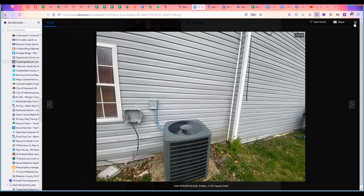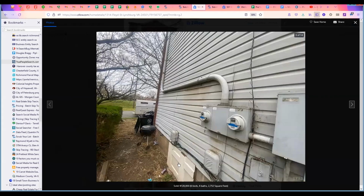It's probably not going to be worth as much as a triplex, but it's also definitely not like great renovated condition. Needed some work, and looks like maybe it has new windows. The siding doesn't look too old. The HVAC looked a little bit newer, but they only showed one HVAC unit. The other side may not have one. But anyways, this is the way that we look at things and break it down even further than